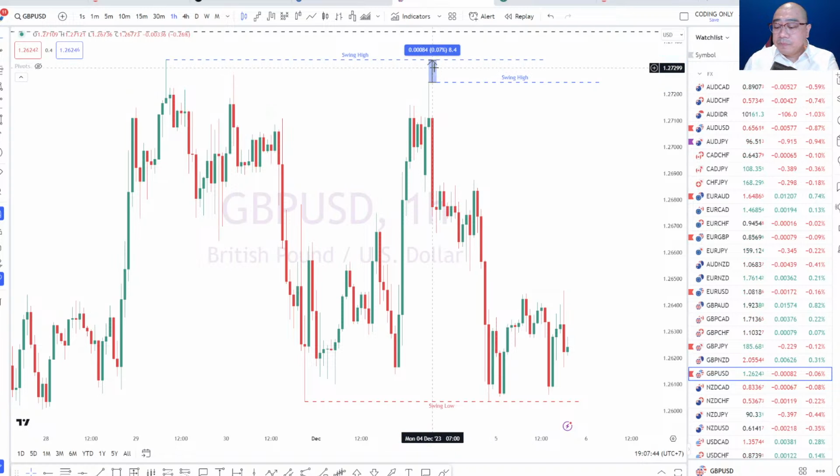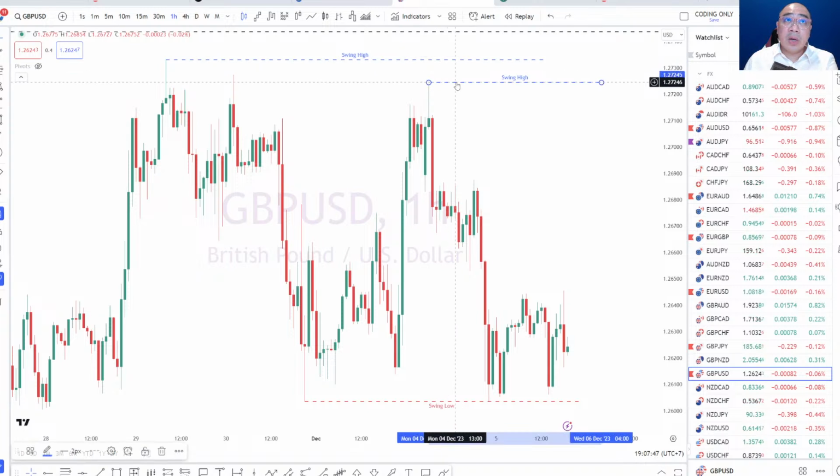Now, once we identify the swing highs, I'm not going to label that as a swing high. We need to understand if there's actually a potential break of structure, or a change of character that happens in the market. There might be a few, because if you look at what's going on inside that range, there are a couple of what we can identify as potential change of character as well as break of structure, but it will be on a smaller scale. It will have a different impact because we know we have the swings, and then we have the internal structure. We have the swing structure, internal structure, and then the fractal structure.